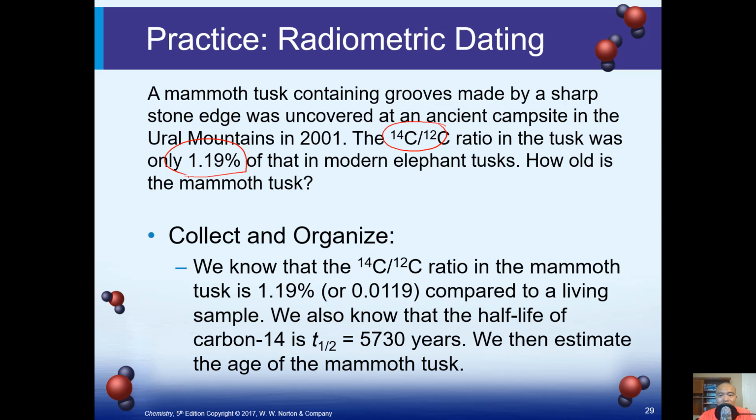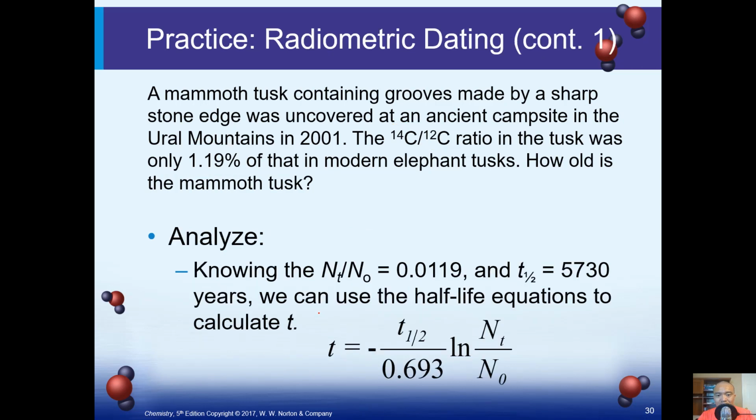So in this example, what we know is that the carbon-14 to carbon-12 ratio is only 1.19% compared to a living sample from a modern elephant. We also know that the half-life of carbon-14 is 5,730 years. We are asked to estimate the age of the mammoth tusk. So knowing this fraction